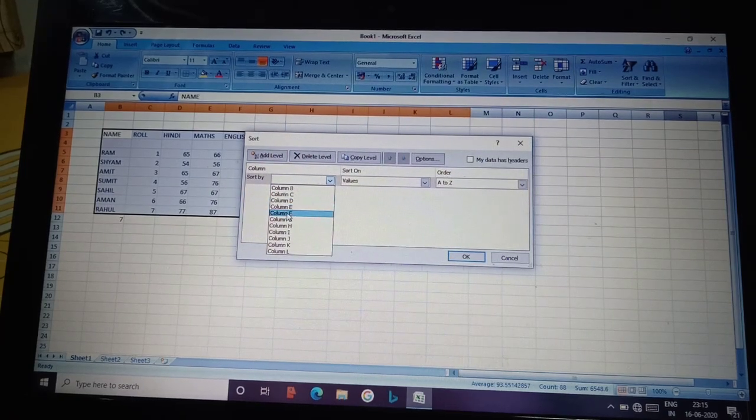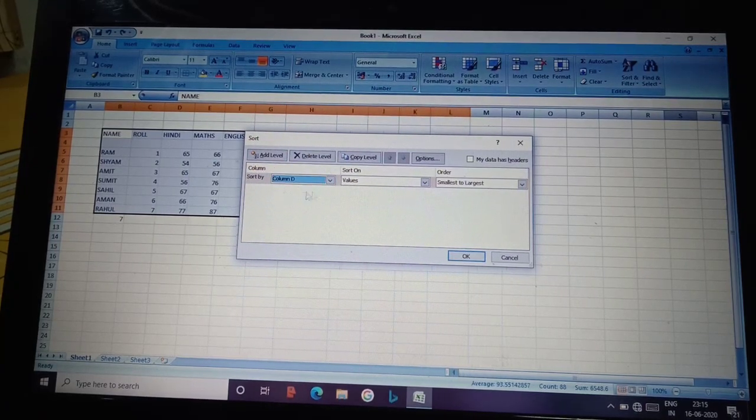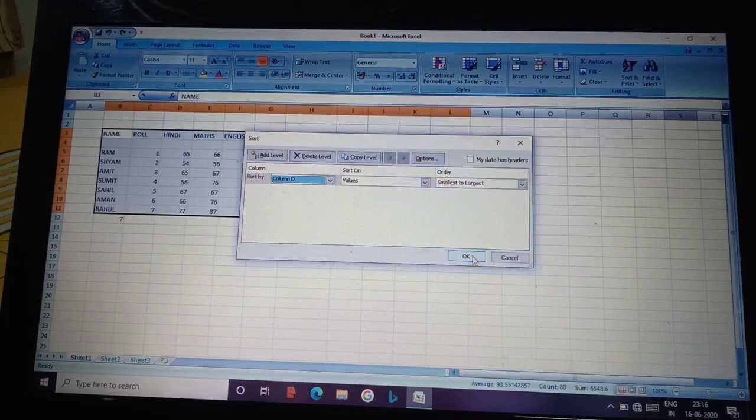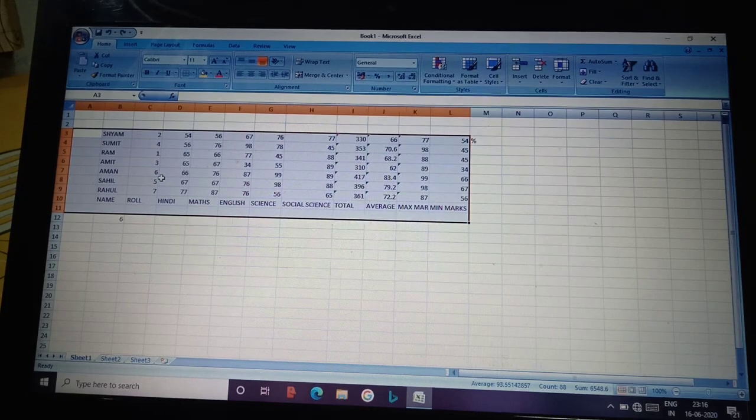So here we have to select the column on which we want to do the sorting. Say for example Hindi marks. On Hindi marks we want to do the sorting, so we select D, sort on values, and smallest to largest.